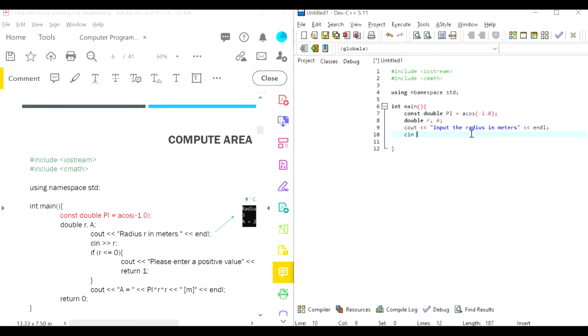Cin will give me the value inputted and take it to r. So now r is a value that the user will input, and it will be saved on a double called r. And we're going to say if, this is my conditional, if it's 0, then the area is 0. So I guess it could work for 0, the area being 0. So let's just say if r is less than 0,